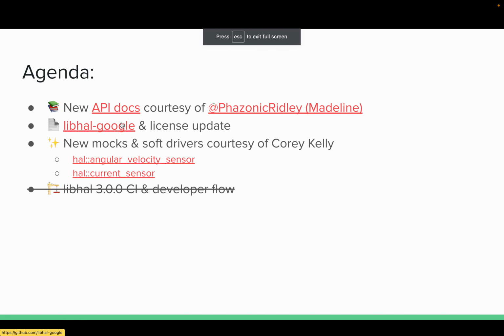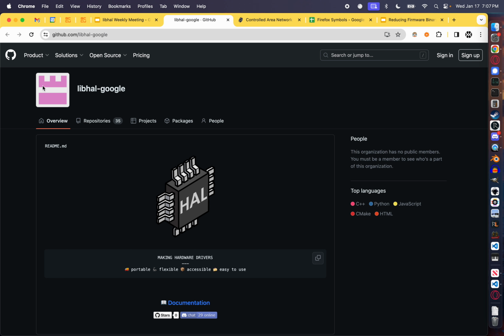Next up, we have libhal Google and license update. So I should probably put the libhal logo with the G on it right over here, just so we can see the difference. But basically, what I've done is I no longer work at Google. My last day was yesterday, and with that, I can do a whole variety of different things. One, they state in their guidelines that you're allowed to remove the CLA, which is really awesome and nice. It means that we're not really forced to